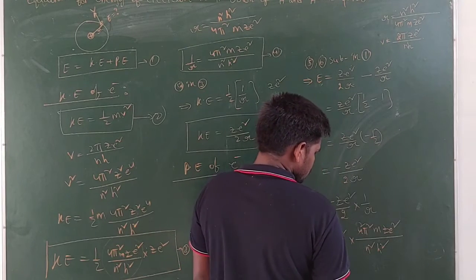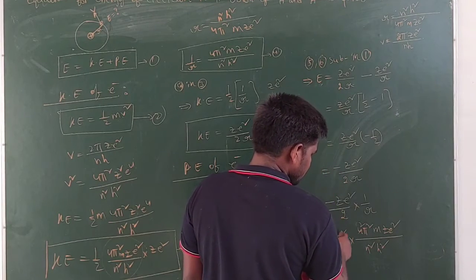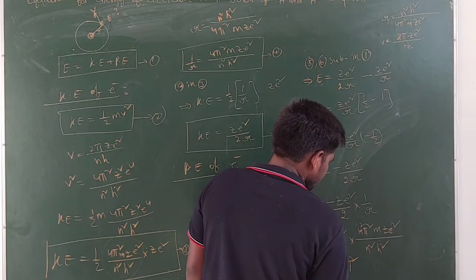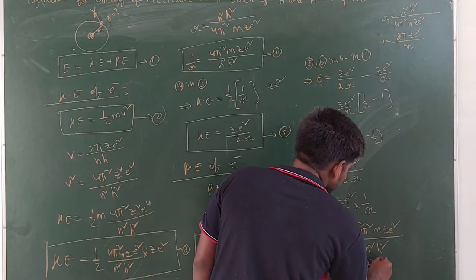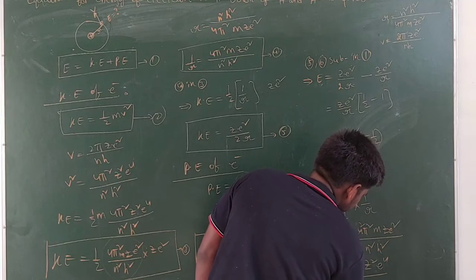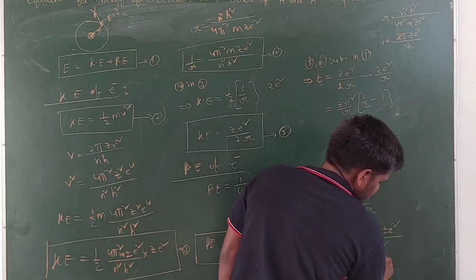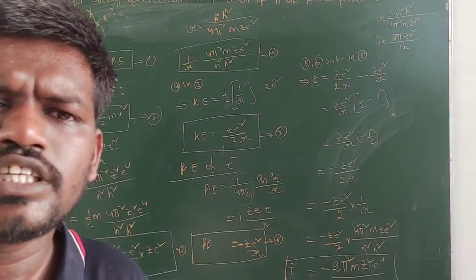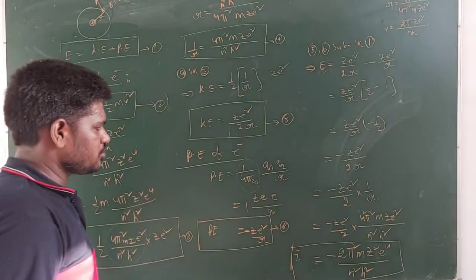minus, you see guys, you start with numerical minus 2, and Z is there, you write Z square, minus 2 pi square, and the next one m is there, you write m Z square, e square into e square, it will be e power 4 by n square h square. So this is the equation for the energy of the electron present in the nth orbit.